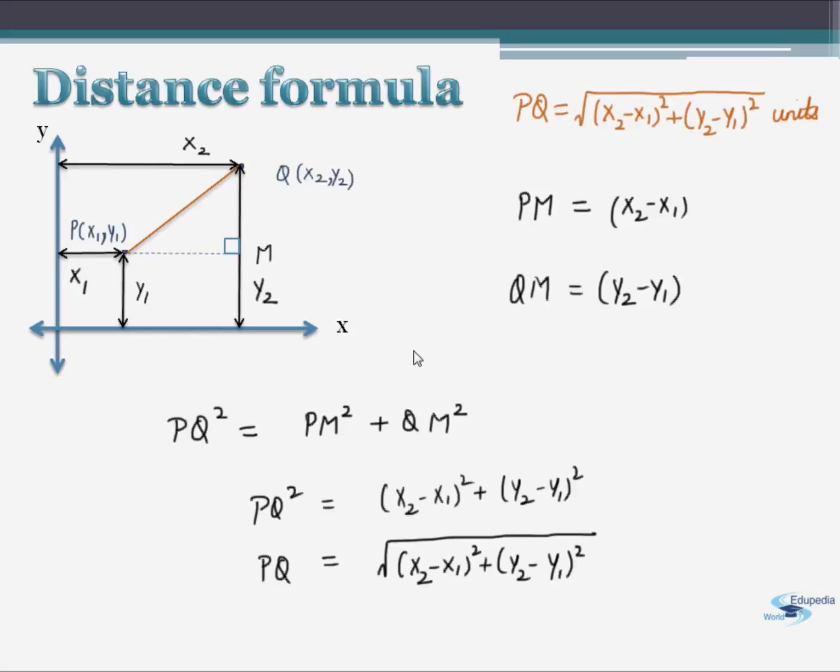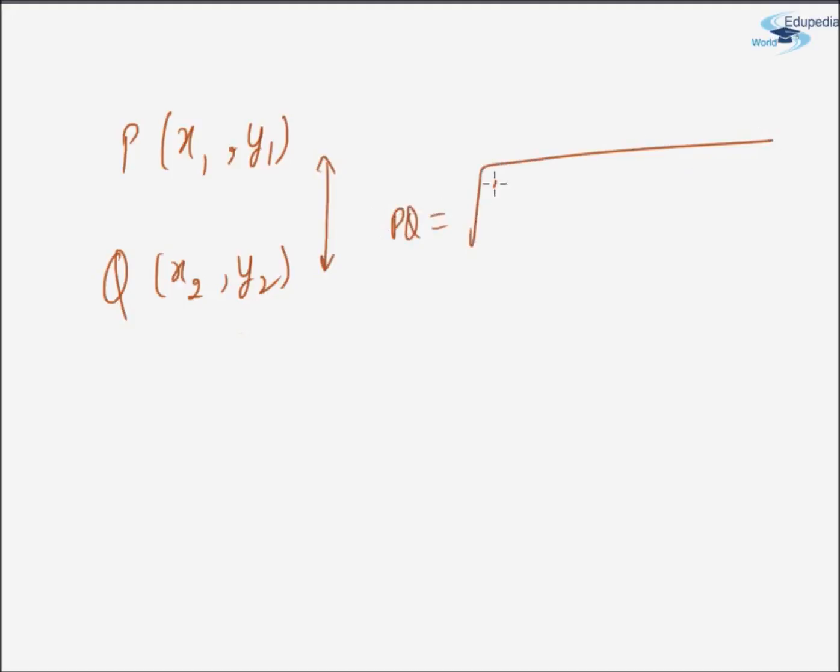Friends, this formula is also applicable if x1 and x2 are in different quadrants. Thus, we have seen that if we have 2 points P and Q with their coordinates represented as x1, y1 and x2, y2, then the distance between these 2 points PQ is given as, write the x coordinate of the